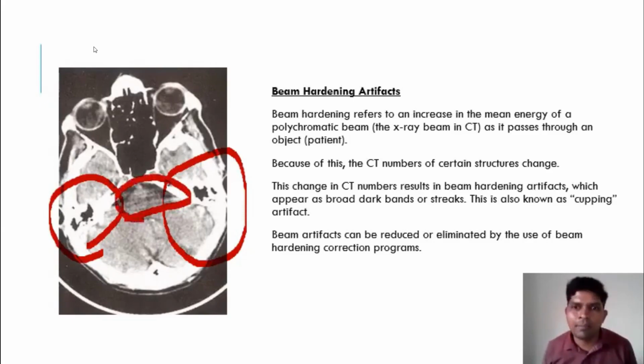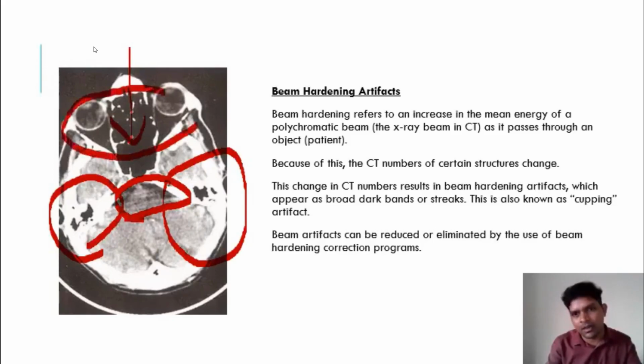Because what will happen? The mean energy of the polychromatic beam, which is the X-ray beam in CT, increases as it passes through the object, where there is a thicker part in one area. For example, when the X-ray tube comes in this direction, there will be a thicker part in this area or in this area. So when the X-ray tube comes in this direction,